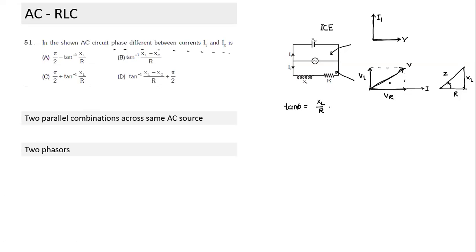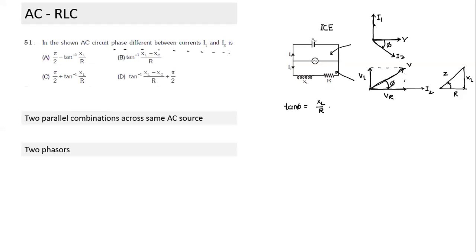Now how do we combine those two? Compared to V, how is I here? I is trailing by phi. So if I had to draw the I2 phasor in the first figure, how should I draw I2? All of you can visualize: below V, I2 should be drawn below V. This is I2. I2 is lagging V by angle phi. That's how we can combine those two.